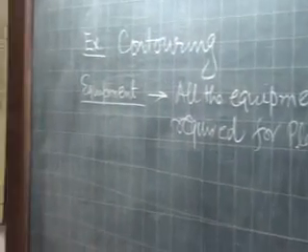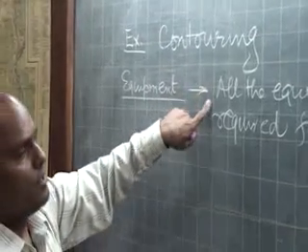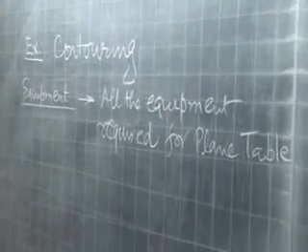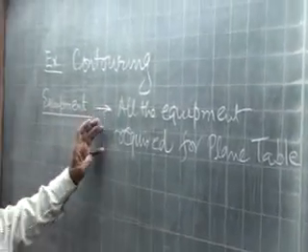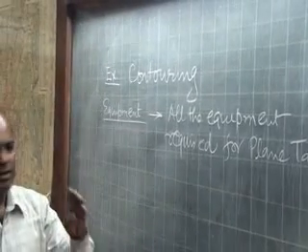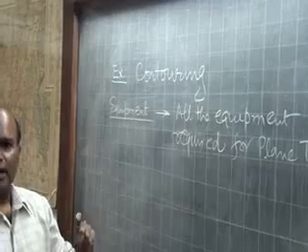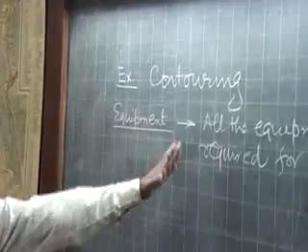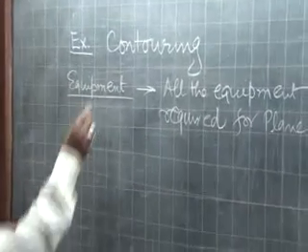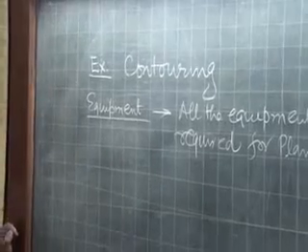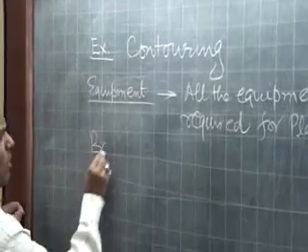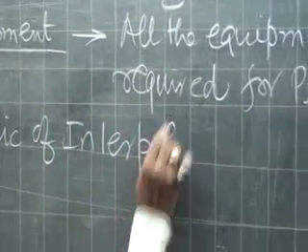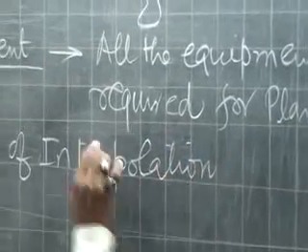If the terrain is highly undulating, so in that particular case, here in place of level we will use a theodolite so that we can take vertical angle. So almost all the equipments like plane table, alidade, flag, tape, clinometer, clinopole, level, staff, theodolite, all such equipment will be used in this exercise. So here in contouring, we use the basic principle of interpolation. And this interpolation is linear in nature.